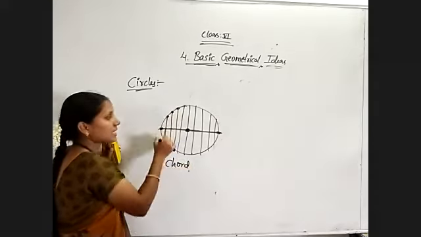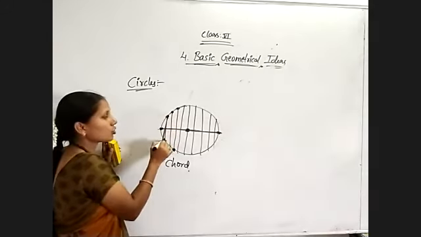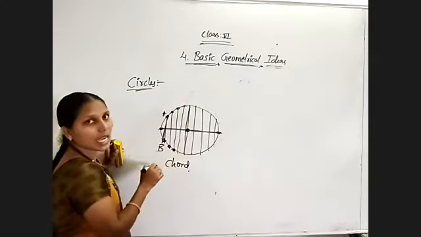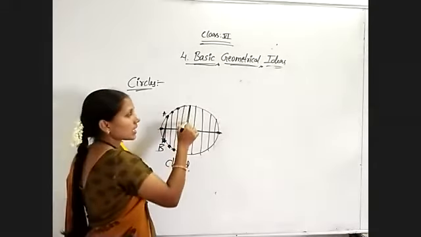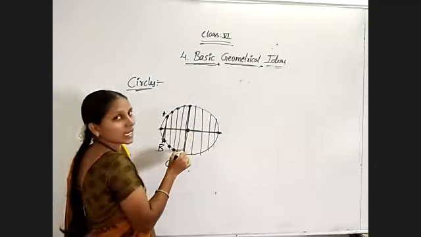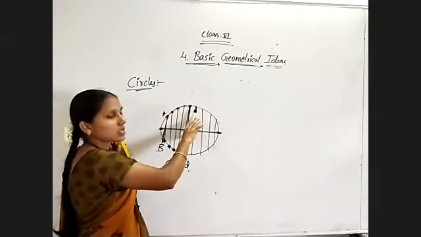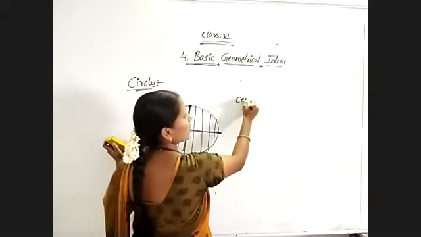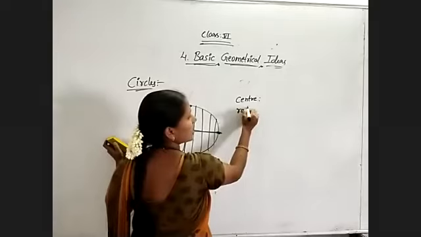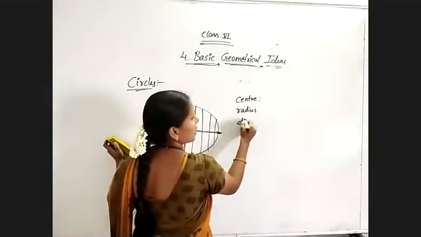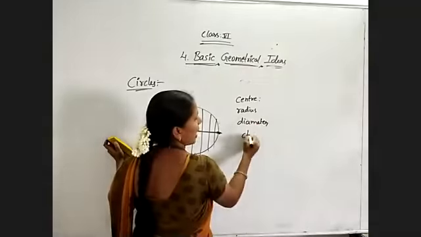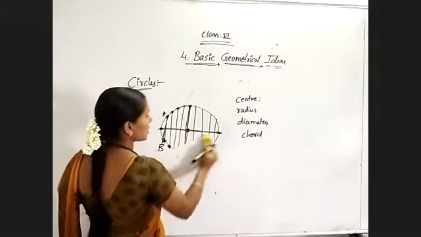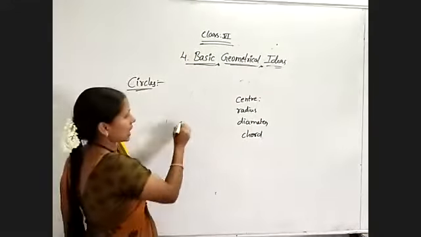A chord is nothing but a line segment which is joining 2 points on the circle, and the longest chord of the circle is its diameter. The longest chord is the one passing through its center, and the line segment which is passing through the center is known as a diameter. That's it. So here we have discussed the center, radius, diameter and chord of the circle, and what will be the longest chord. Still some more parts are there, that is the circumference of the circle and the arc of the circle.